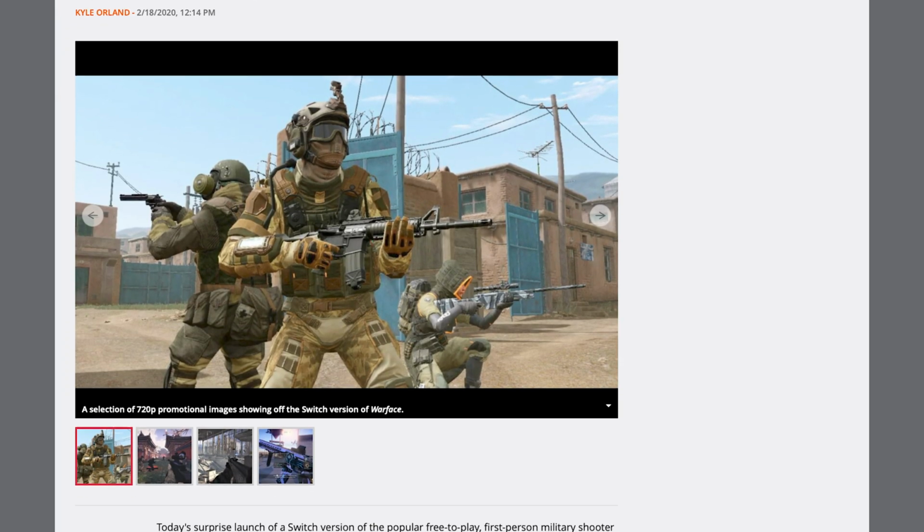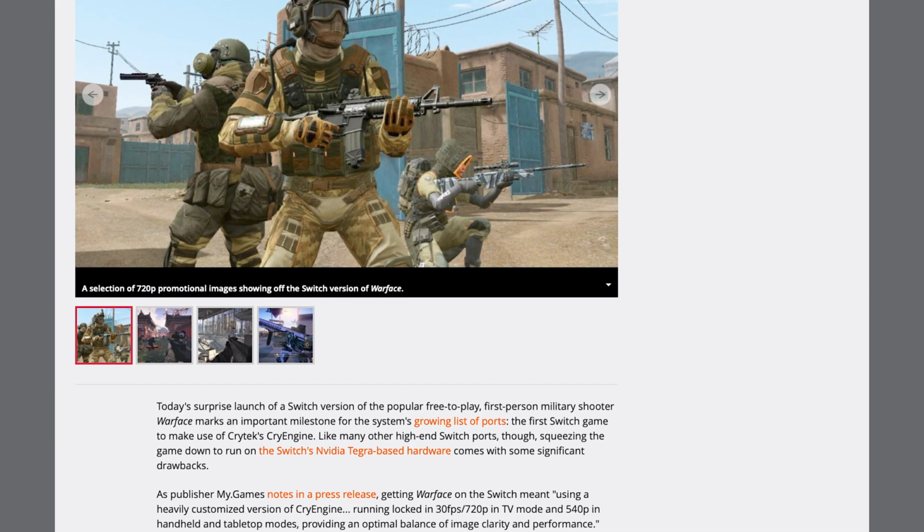Lastly for today, we have a surprise launch of a low-resolution version of the popular first-person shooter free-to-play game, Warface. The game uses a heavily modified version of CryEngine, which will allow the game to run at 720p 30fps in TV mode and 540p in handheld, which is pretty low, but the Switch has a pretty small screen anyway, so it's not like it's going to be that bad. And to be fair, it's a pretty weak console, so it's not like it can handle much more anyways,